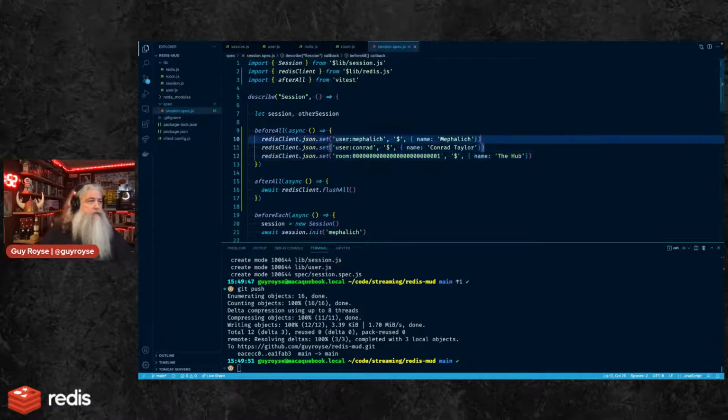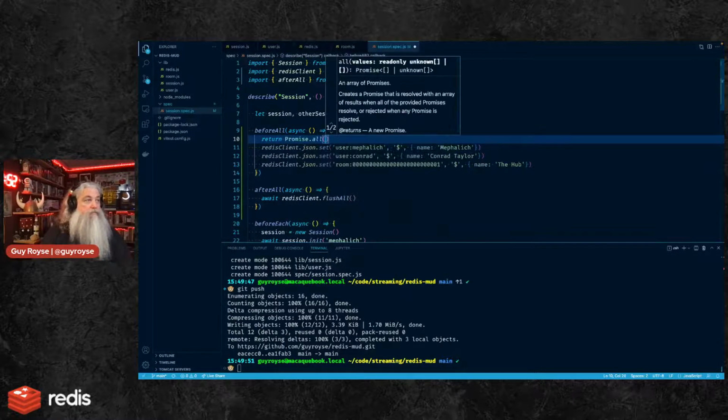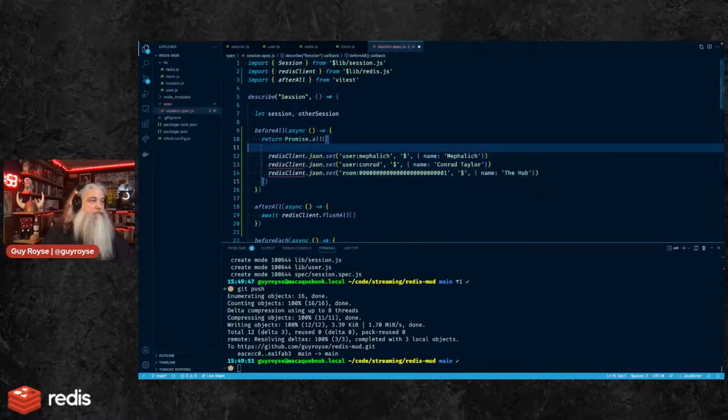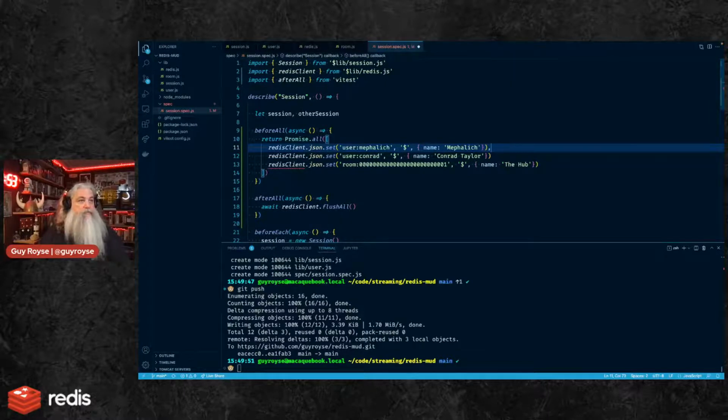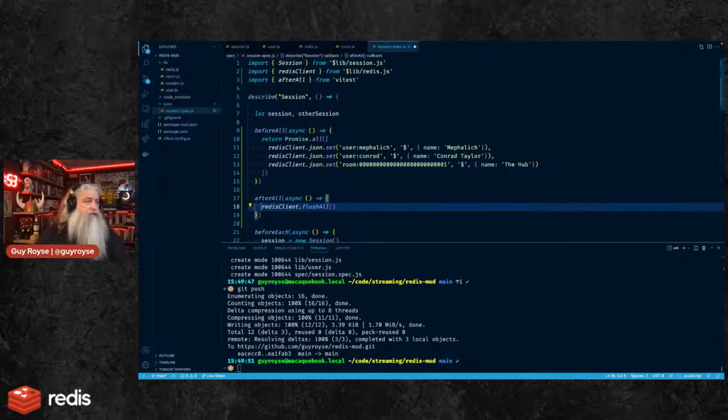And I'm going to go ahead and say return Promise.all. This is a way of doing pipelining on these commands, so these should run a little faster. If you don't await a command that's asynchronous, then it'll pipeline it, so it'll feed it one after another without waiting for a response. And then if we resolve the promise to all those and return that, that'll make an async before all. And then, strictly speaking, we can just return that.